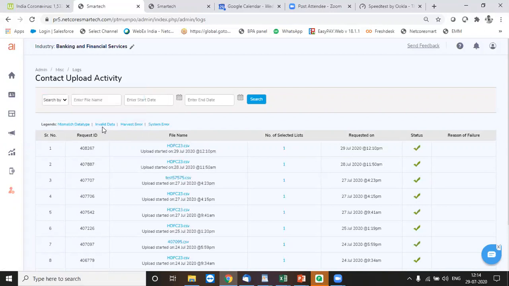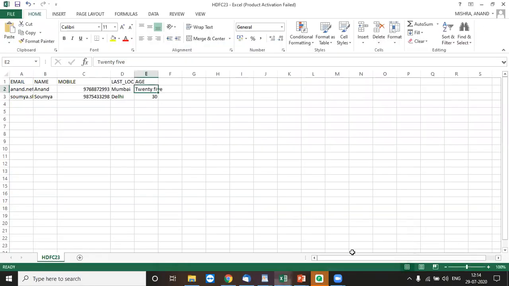Second case is where I get an invalid data error, which means I have not used the correct format for my data. So, for example, the email address. If I have used it like this, or if I have, let's say, removed just Gmail or Gmail, whatever.